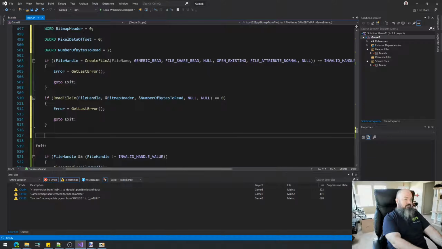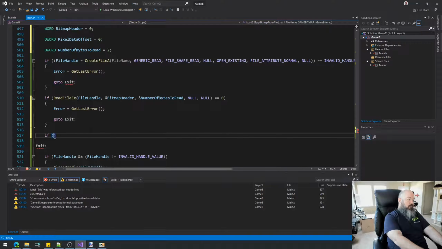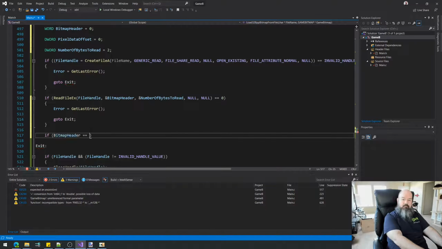And if it succeeded, then we should have an if bitmap header, I messed that all up. If bitmap header, or I should say if bitmap header does not equal